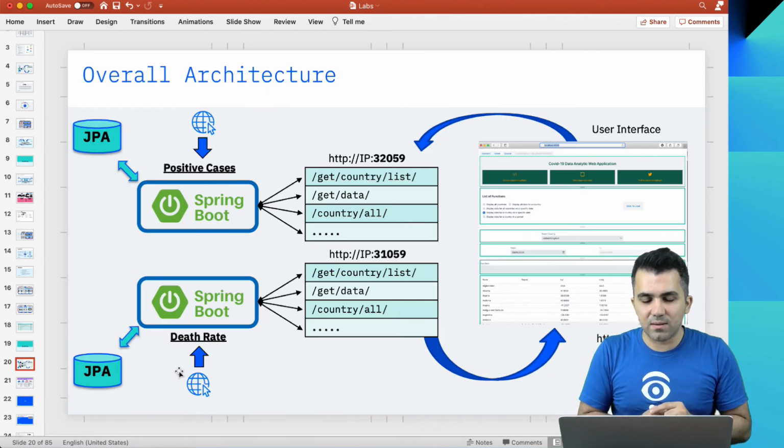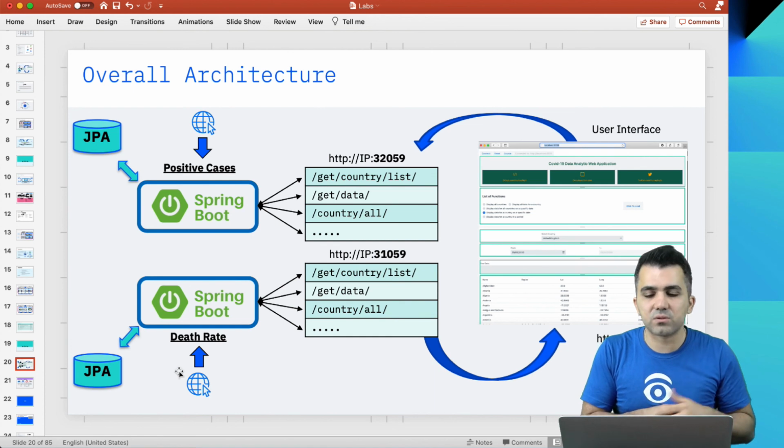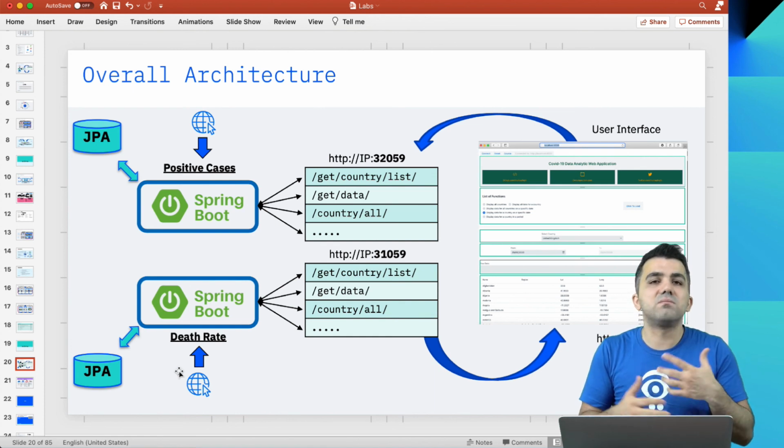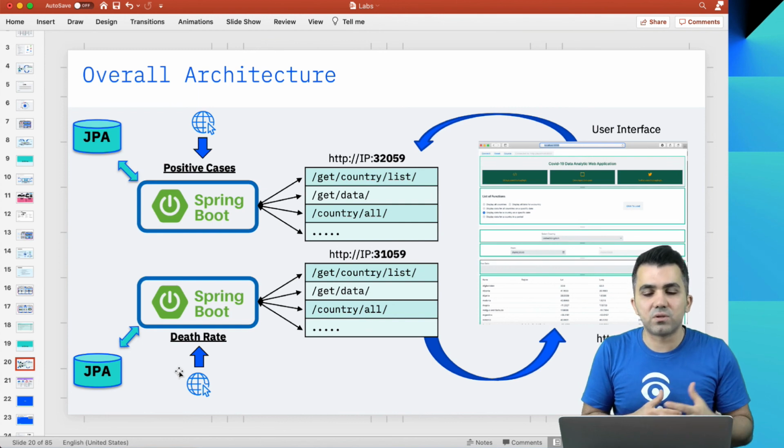Just to provide you with a quick demonstration of what actually happened. We have the same application running. One is retrieving positive cases, the other one is retrieving death cases, and making them available on exactly the same API endpoints, but on different port numbers. When we connect from our user interface, we need to use the port numbers. We've got different port names: node port, container port, and the port. We're going to go through that shortly. You will learn all the details of different port numbers in OpenShift and Kubernetes clusters. But that's the way it basically works.